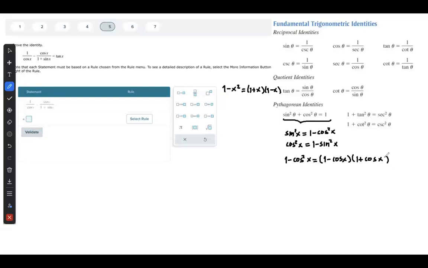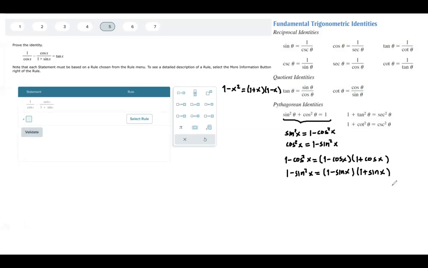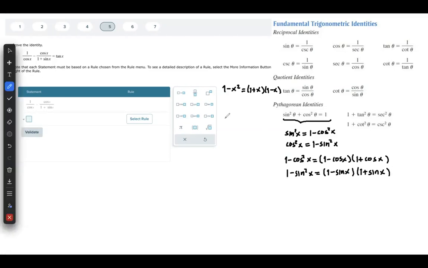And 1 minus sine squared of x is equal to 1 minus sine of x times 1 plus sine of x. Keep that in mind, because right here we almost have